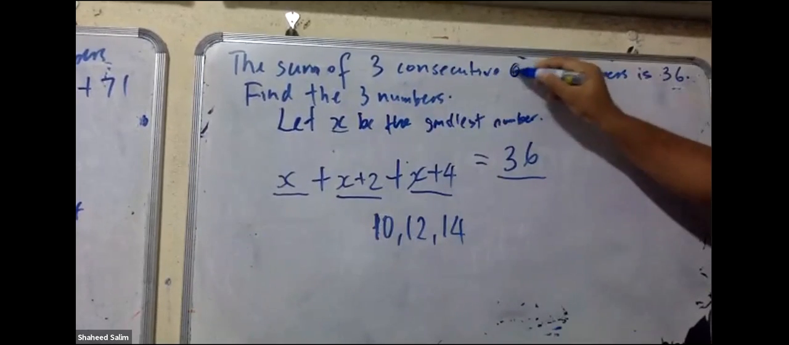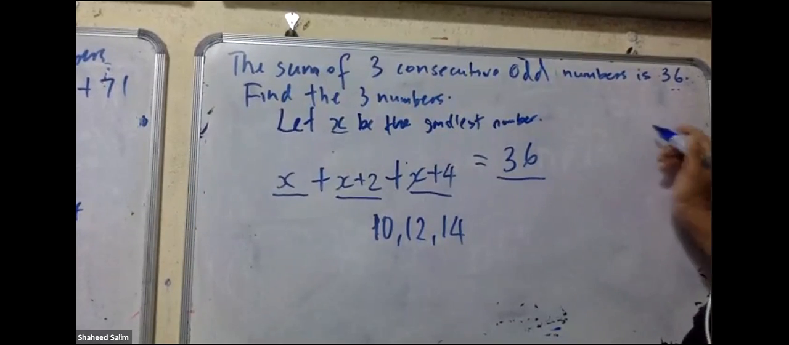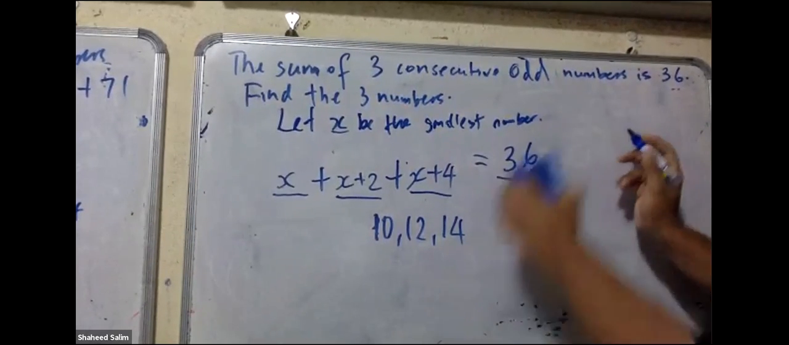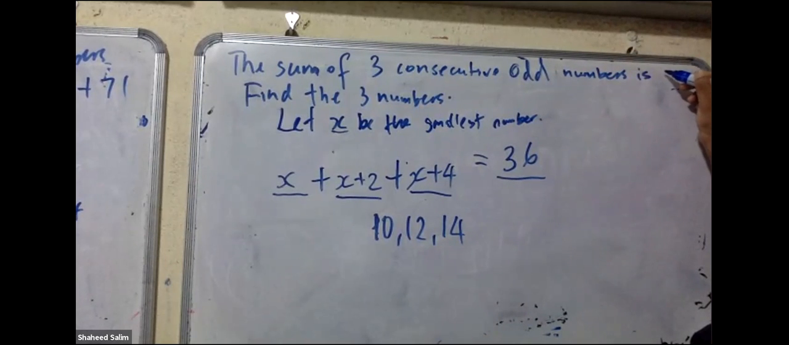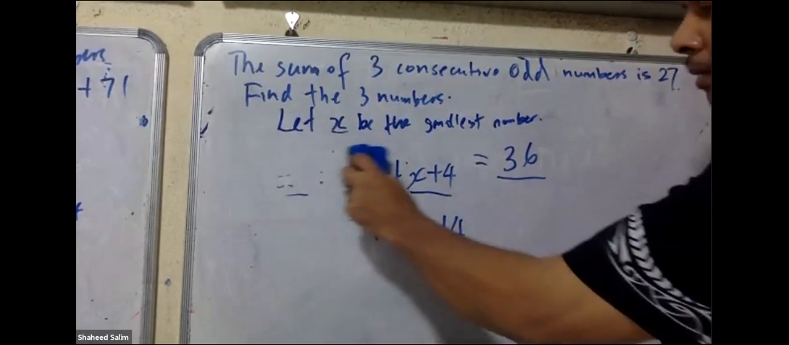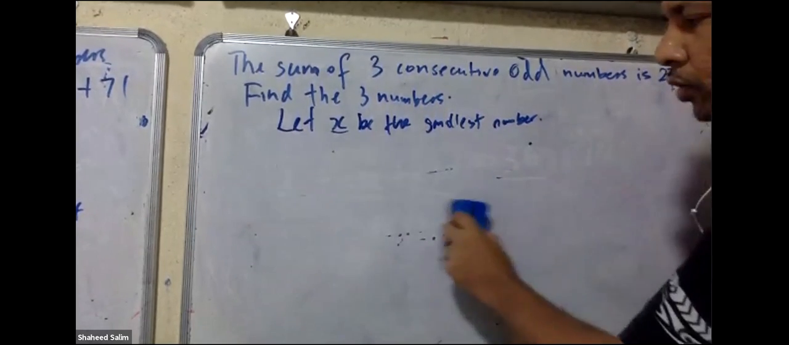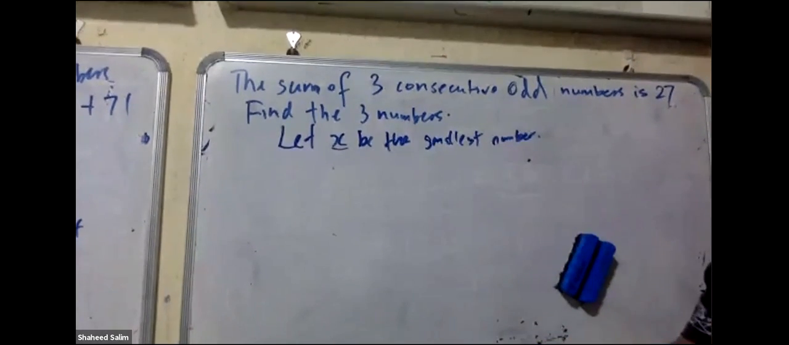Okay, odd numbers. The sum of three consecutive odd numbers is 27. Can you find the three numbers? You tell me the steps. Let x be the smallest. What are the next two numbers? x plus